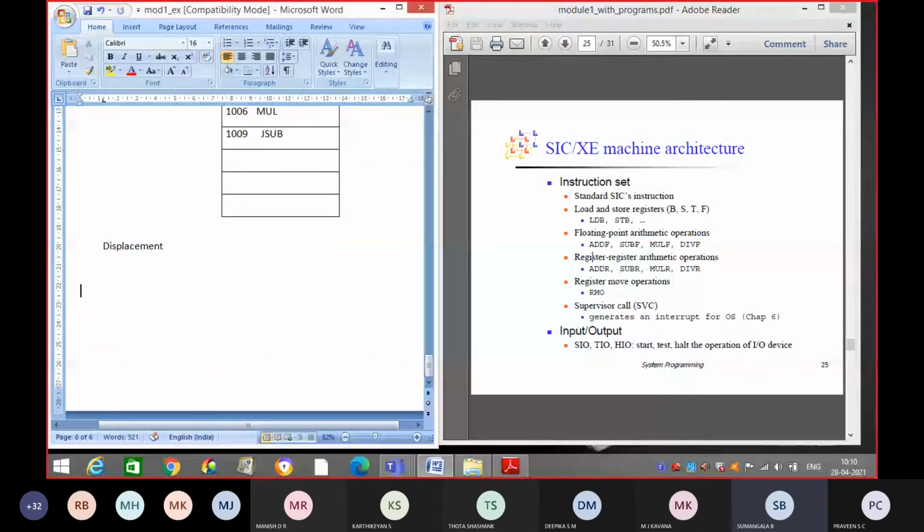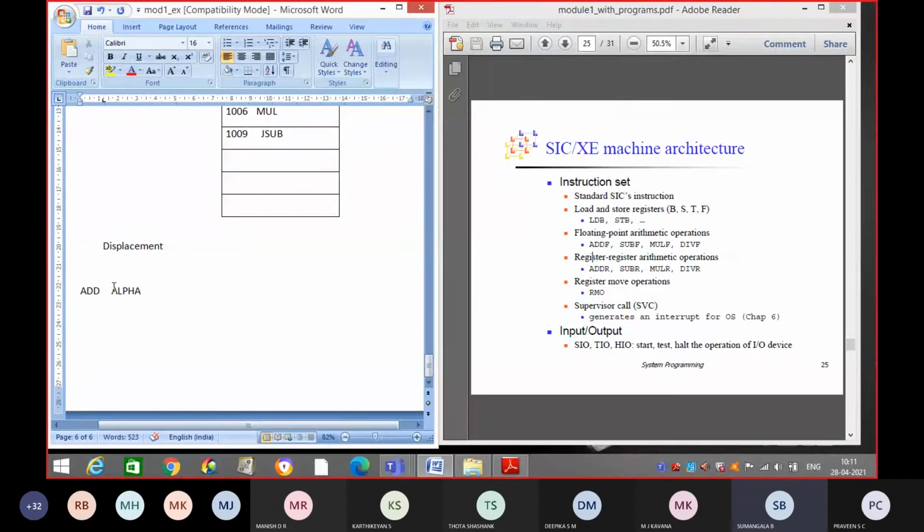Add alpha. It is going to add the contents of the alpha to the accumulator, and the result will be stored in the accumulator only, right? That means here we are using the contents of the memory location alpha, and we are adding with the accumulator. If you specify add alpha, what will happen? We have one variable alpha, in that we have some values. So those values will be added with the accumulator, and the result will be stored in the accumulator only.